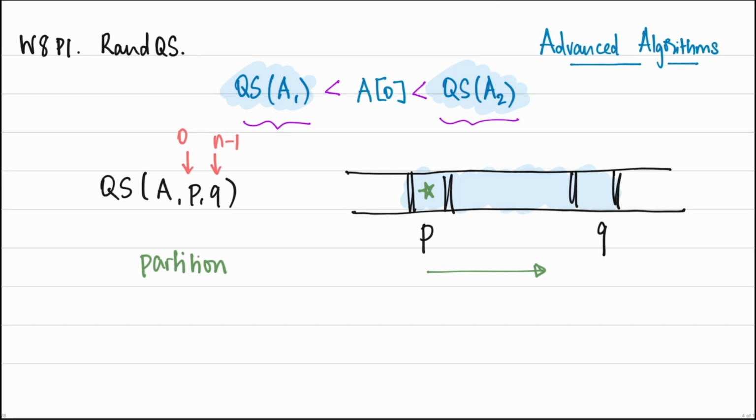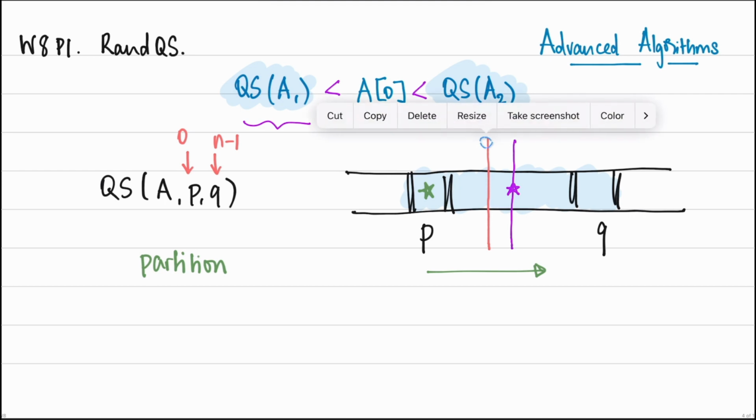So one way to visualize this is that you have some sort of a barrier which maintains the invariant that everything to the left of the barrier is going to be smaller than the pivot, and everything to the right of it is going to be larger than the pivot. And you have a running index which goes over the whole subarray, and every time this running index encounters something that's smaller than the pivot, then you essentially have it swap with whatever is next to the barrier, and then you move the location of the barrier one unit further. So if you just keep doing this as you go from left to right,